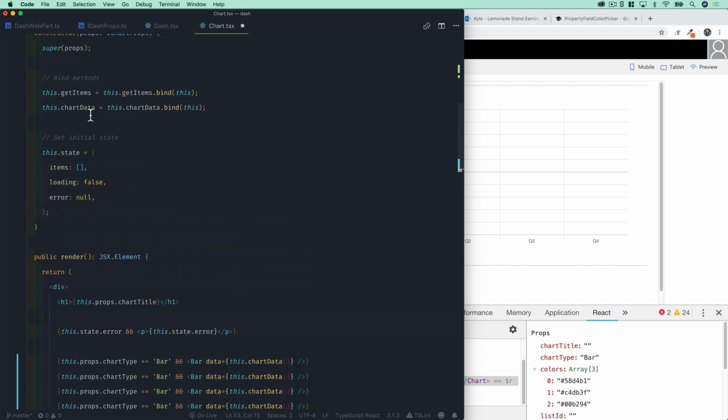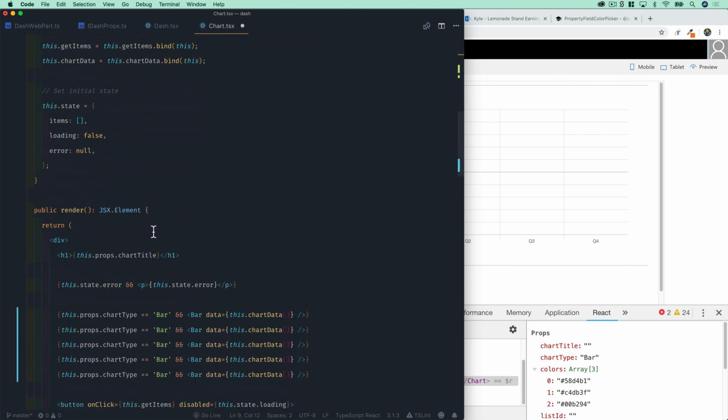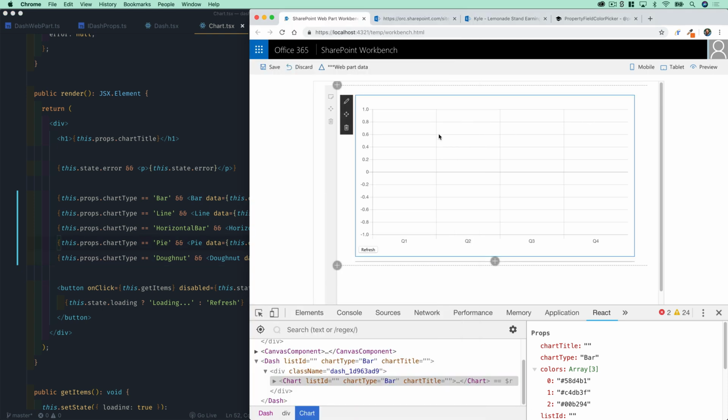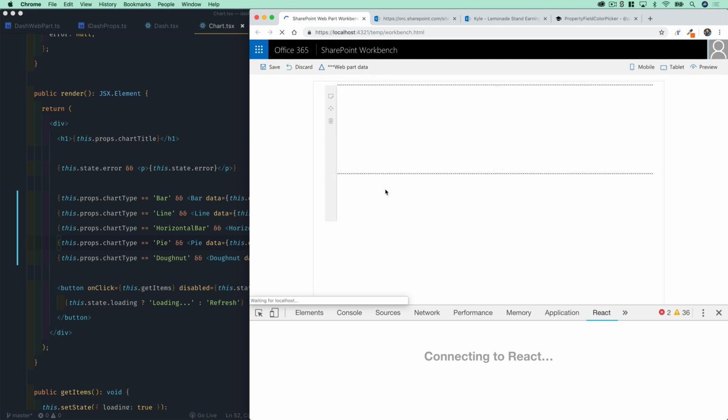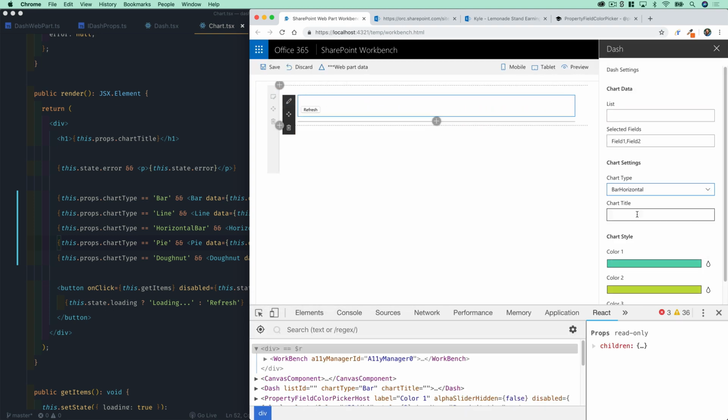Let me go up here and just make sure I have all the right options here. Let's copy those. And then down here, we will just change each of these to that. And then of course this will go there. So we'll be able to change the chart type based on what you select. And then as we refresh here, let's go ahead and load in some data. And then all we have to do is hit edit. We can choose bar horizontal